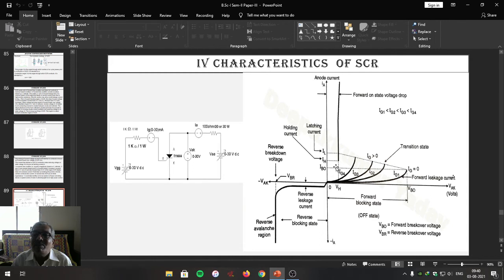Voltage at that particular point is called the on-state voltage VT, but it is called the holding voltage VH. On-state voltage means it is the minimum voltage above which the SCR is on, below it is totally off. This is how one can explain the forward IV characteristics. Friends, VBO is the forward breakover voltage. VBR is related to the reverse aspect.